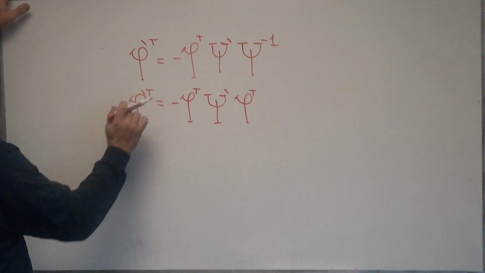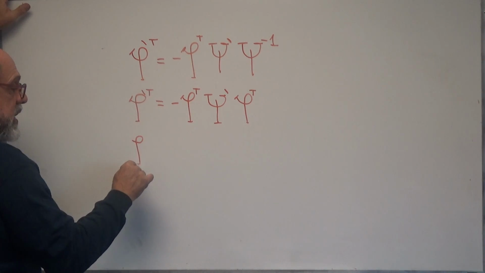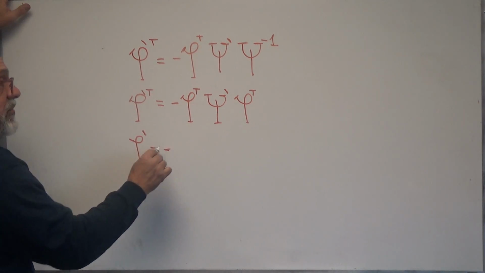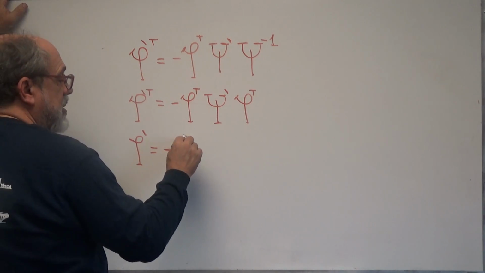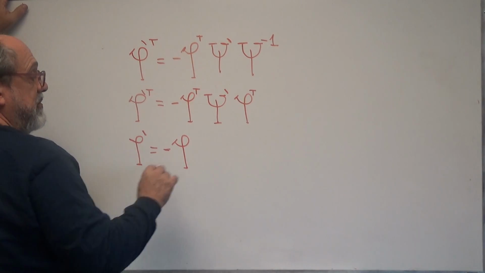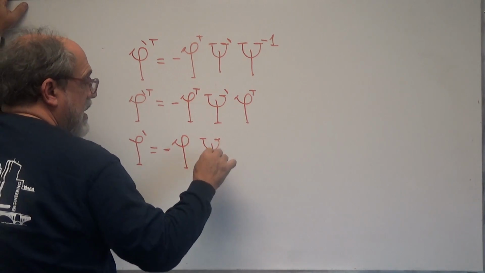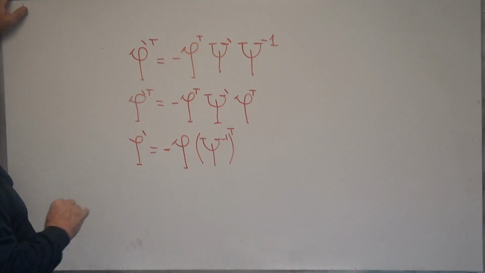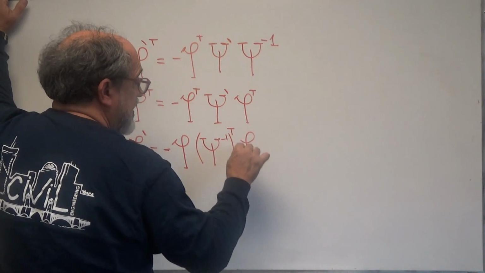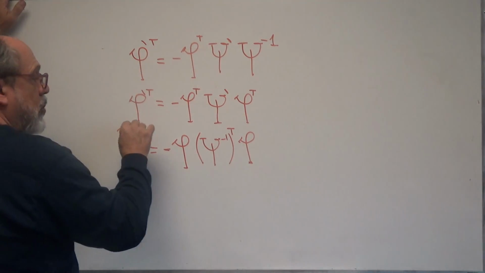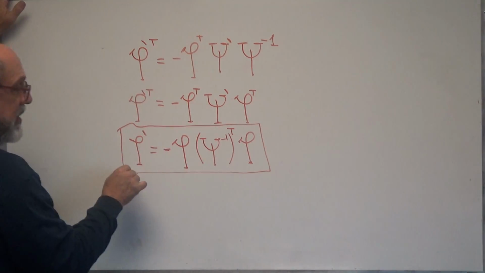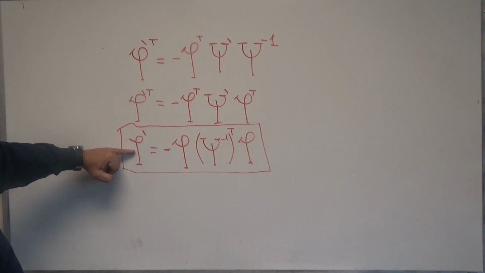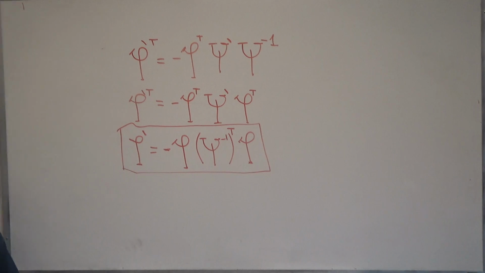Now this is the derivatives of the left transpose, so if we transpose, we can say that the derivatives of the left side eigenvectors is equal to the negative of... Transposing requires changing the order, so we get phi left, the transpose of the derivatives of the right and phi left. And so we are finished because we now have everything. This is the expression for the left side derivatives, and we had the expression already for the right side derivatives